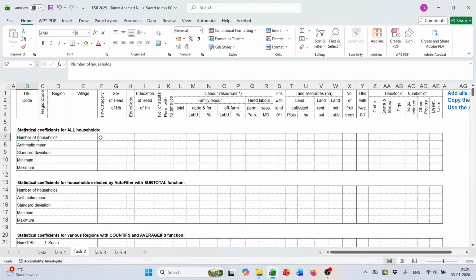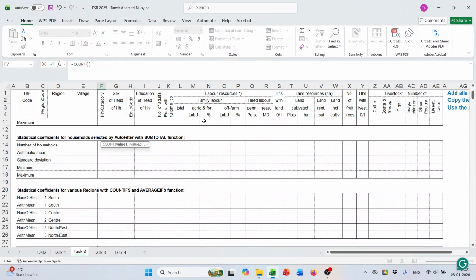name. Like for number of households, you all know that if you watch my previous videos, so you know that for number of households we need to use the count function. So I use count numbers, and